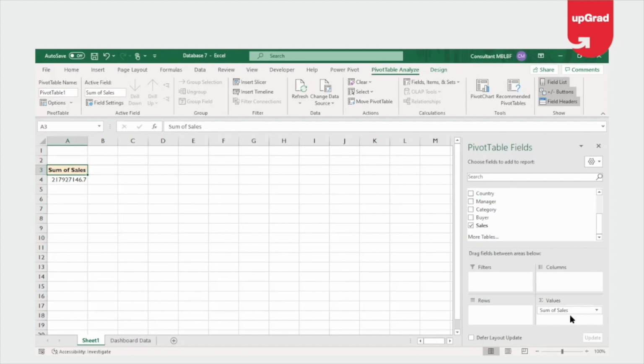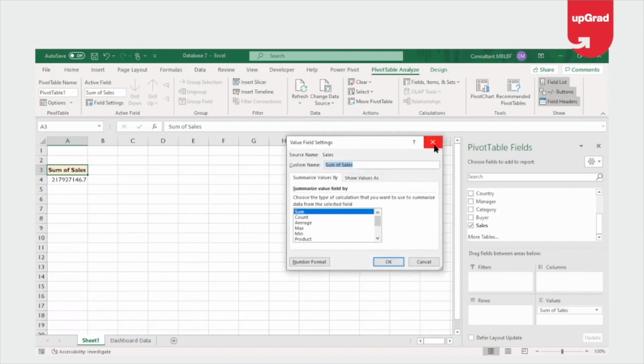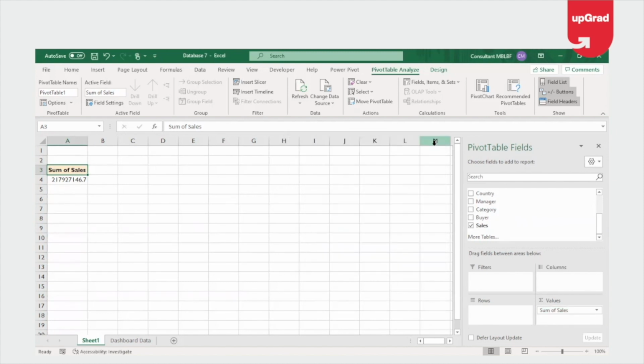Because Excel automatically picks up a particular calculation because you dropped it there. You have some options of changing that calculation by going to value field settings, but this stays as implicit. You cannot really change the name of this. It's not very easy to change the name. You have to follow a few instructions for that.